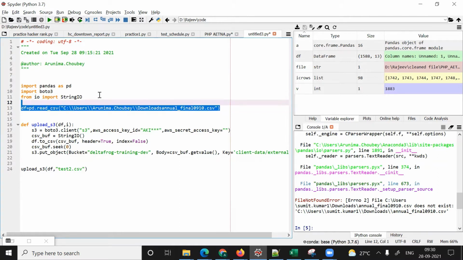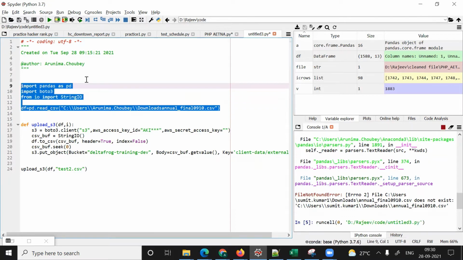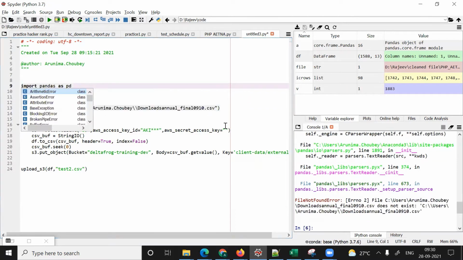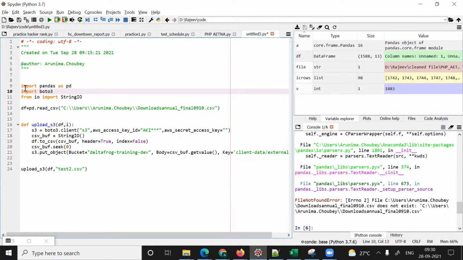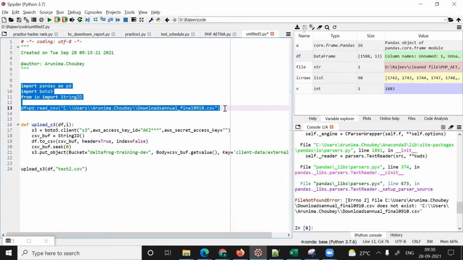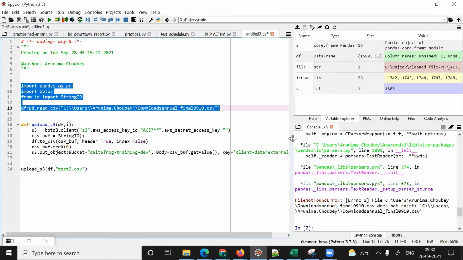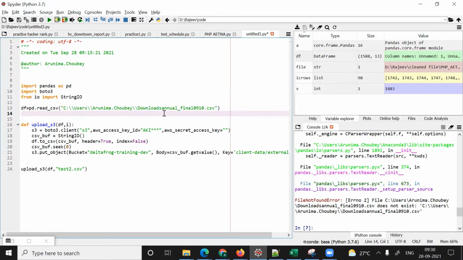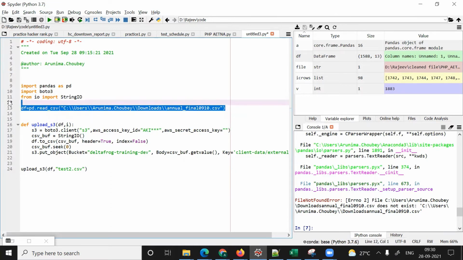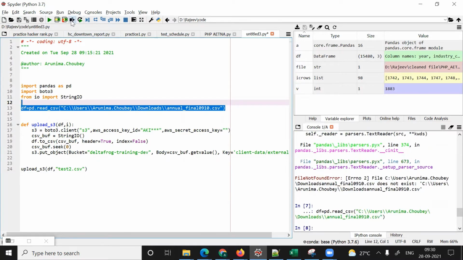To read the file as a data frame, we have to use pandas. Again I have made a mistake, sorry for that. Now it's fine. So I have the data frame here.